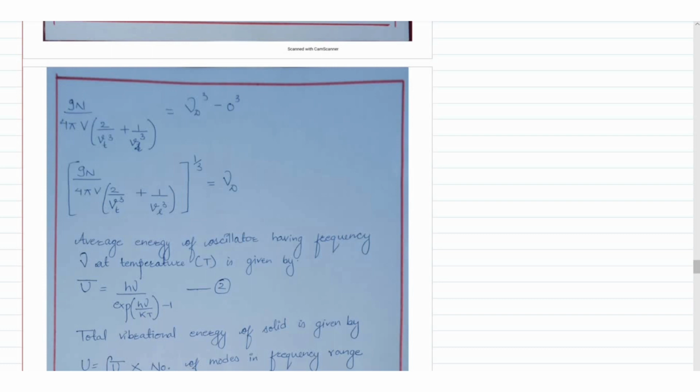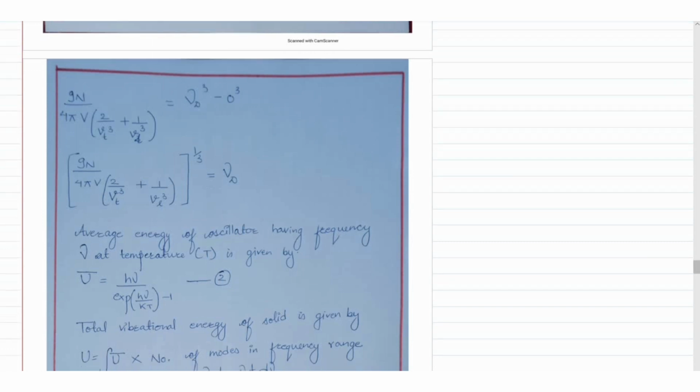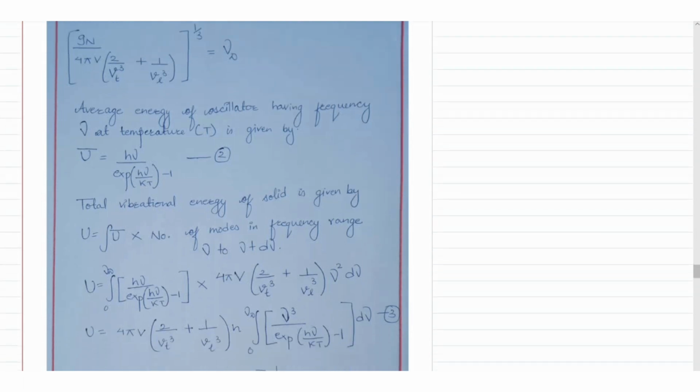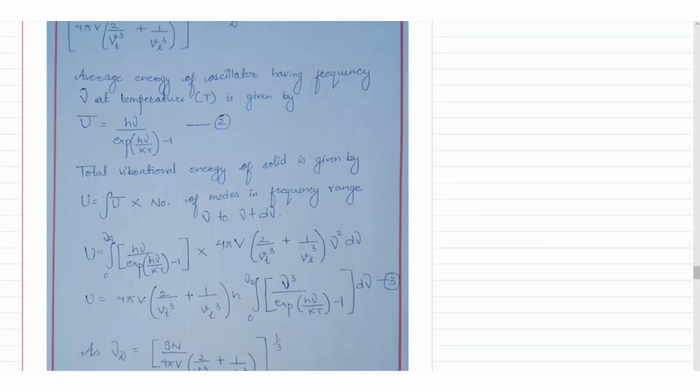U bar is equal to h nu by exponential h nu by kT minus 1. This is our equation number 2. The total vibrational energy U of the solid is given by the integration of U bar into the number of modes in the frequency range nu to nu plus d nu. So U is equal to the integral from 0 to nu_D of U bar, that is h nu by exponential h nu by kT minus 1, into